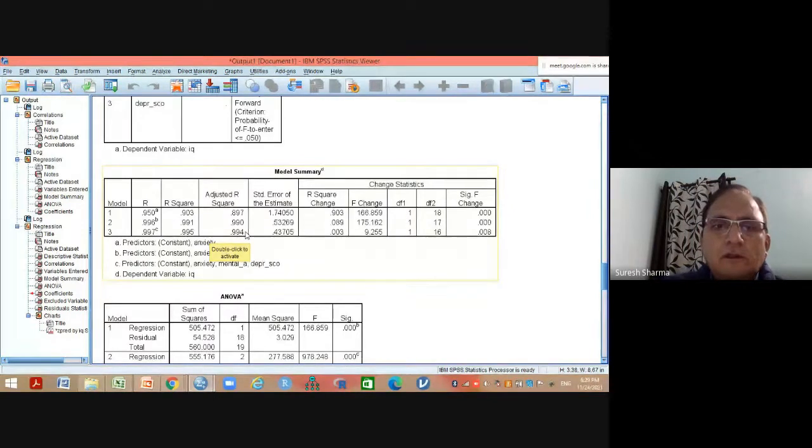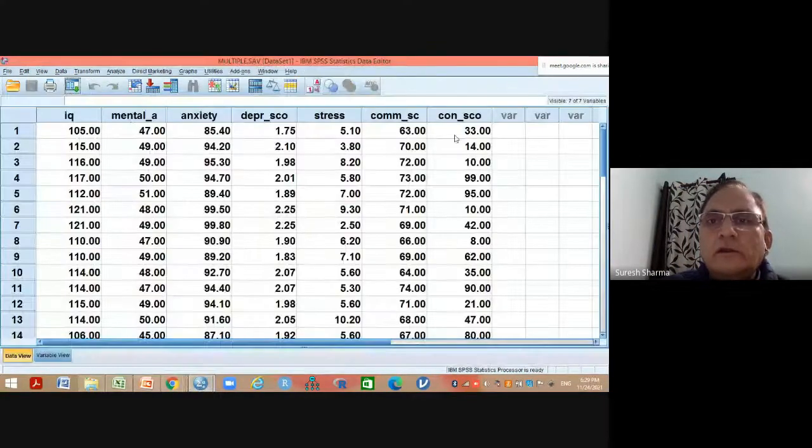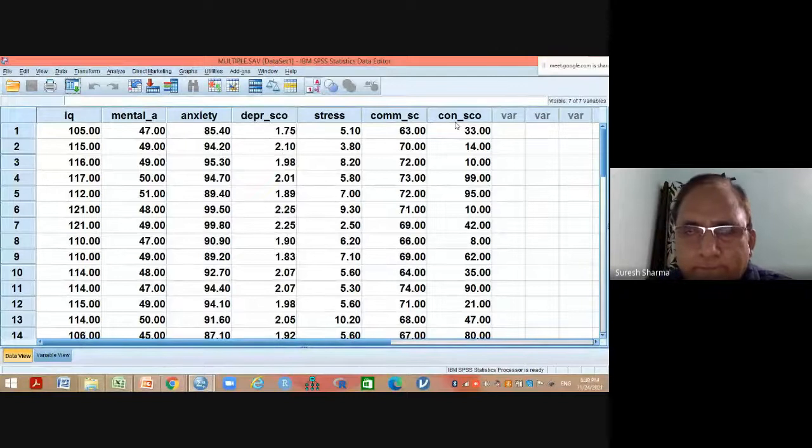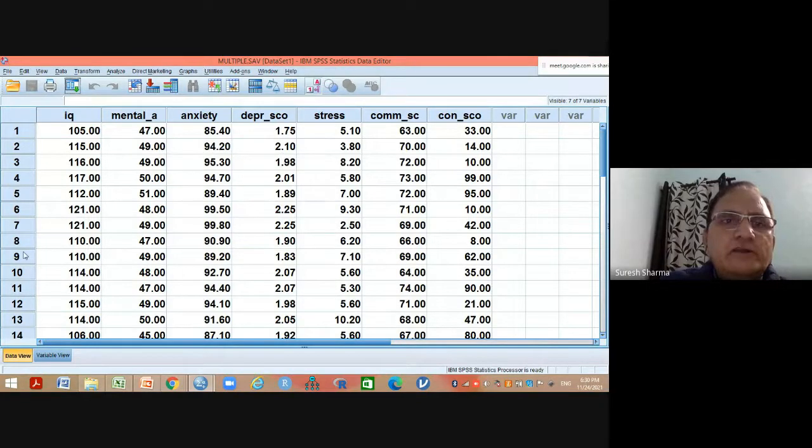Now, our entire model is based on 6 predictors. Do you agree with me? Yes, sir. Now, if somebody says that IQ can also depend upon age, I can include age also. I can include height also. I can include BMI also. I can include any number of parameters here. There is no restriction, right?